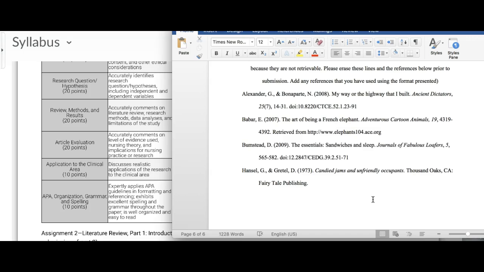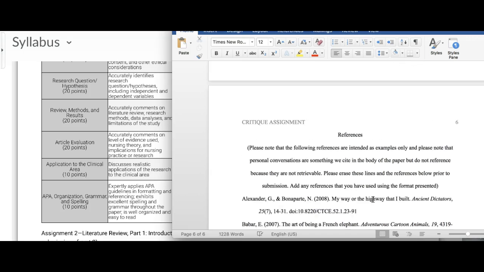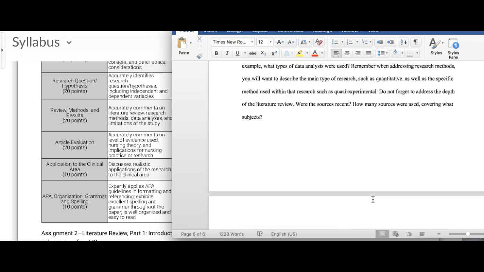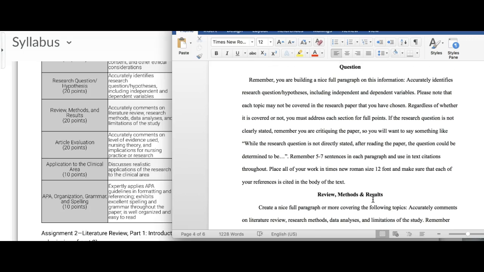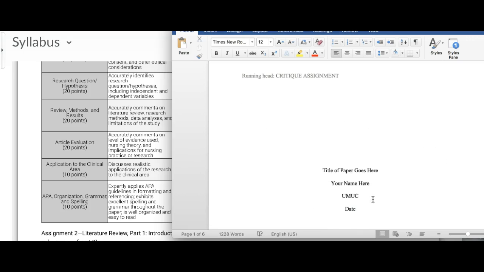And then always go back through and spell check, just to make sure that you gave it a good once over. If you have questions about the format or the contents of the critique, I would be